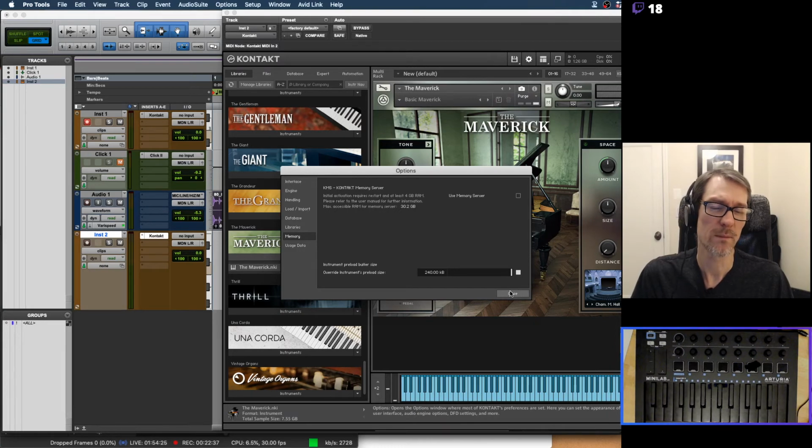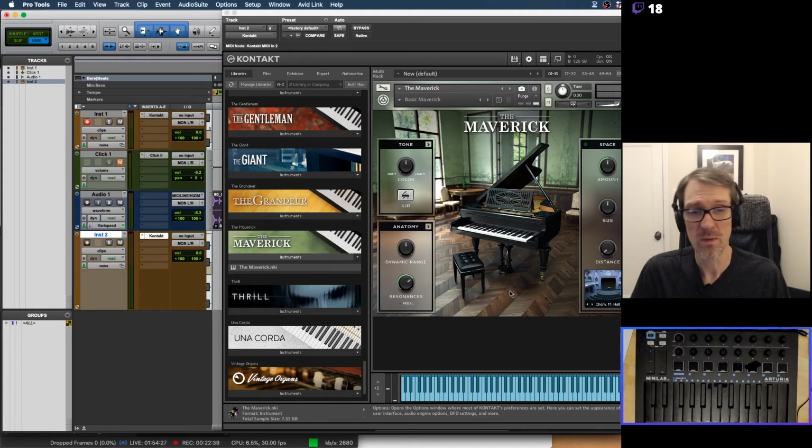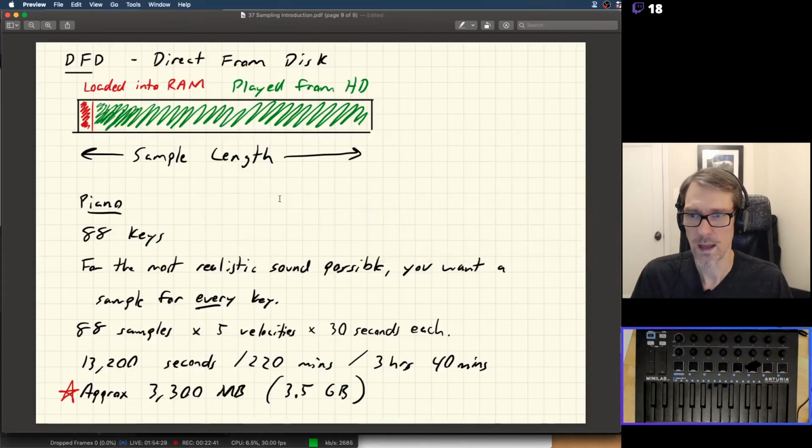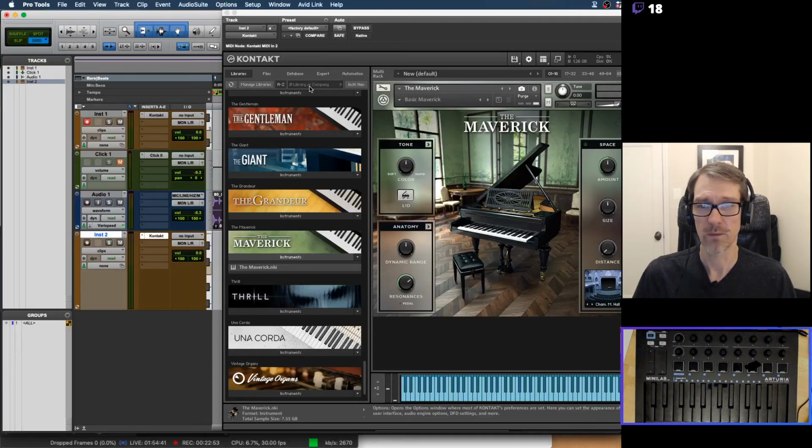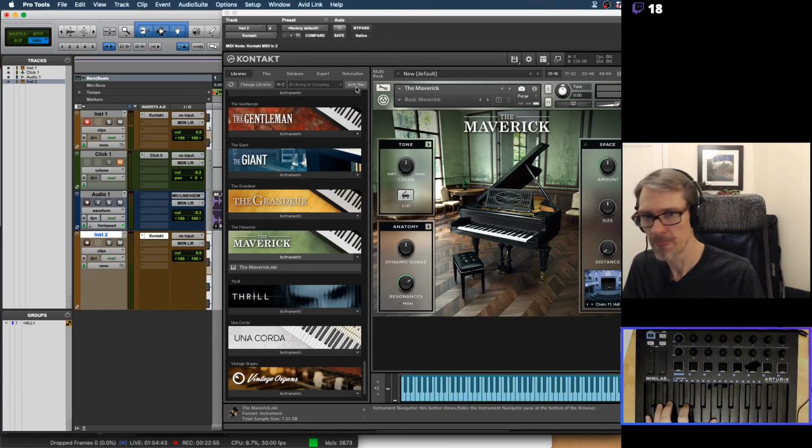So basically what is going to happen is it's going to load up all my samples into my RAM, just a little bit at the beginning of each one. It's going to load more so it can actually play back stuff easier. But then the rest of the piano sound is going to play back from my hard drive. So you see here, this little red part is loaded up into the RAM and it plays the rest from my hard drive. So if I play this piano sound,